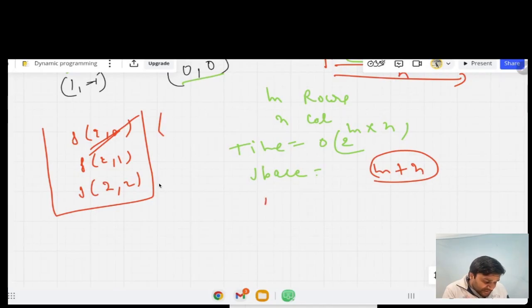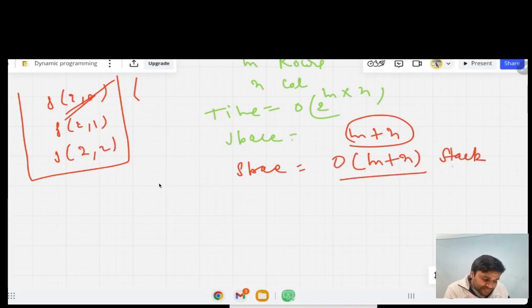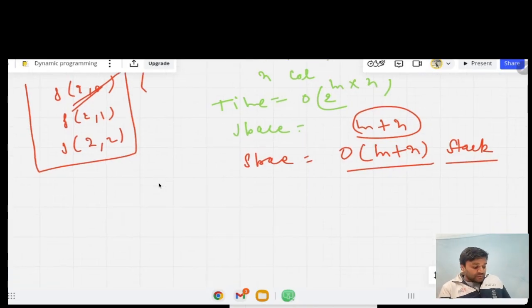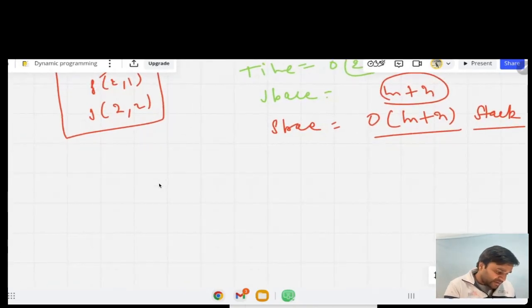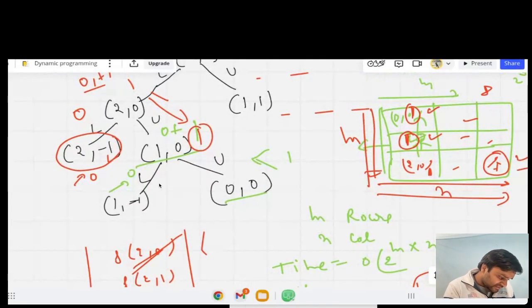So the space complexity is order of m plus n only. That is the stack space. Okay, now if you see in this graph, this is